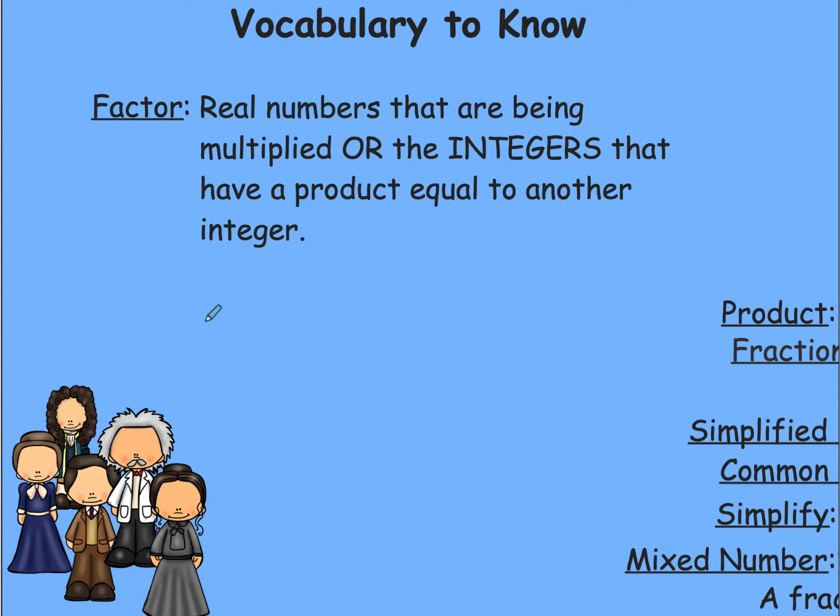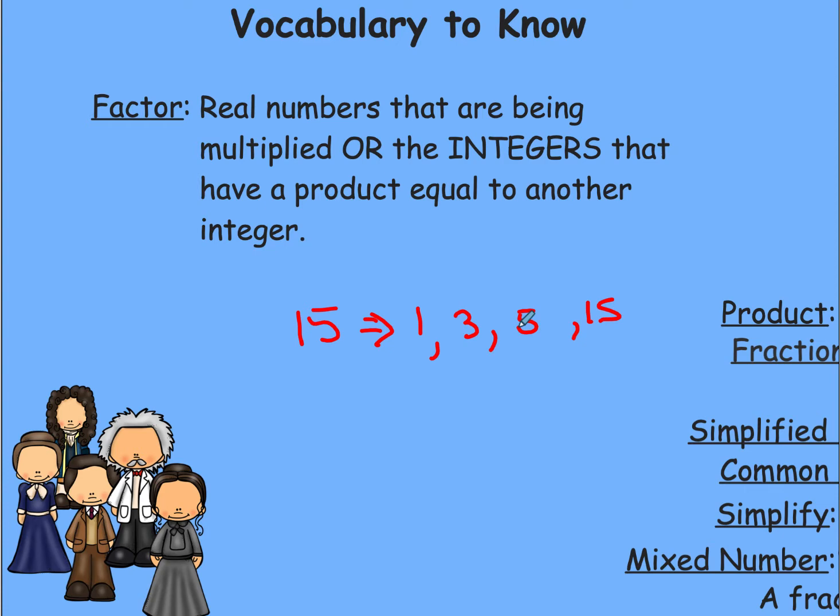Or when we're talking about a product that's equal to another integer, we can talk about their individual factors. So for example, if I say, what are the factors of 15? Well, the factors of 15 are numbers that multiply to make 15. So factors of 15 would be 1, because 1 times 15 is 15, and then 3 times 5 also makes 15. So all of those are factors of 15, integers, I should say specifically, that multiply to give us